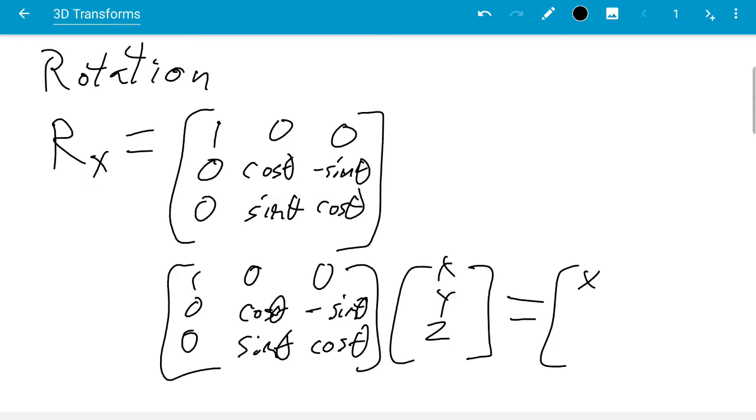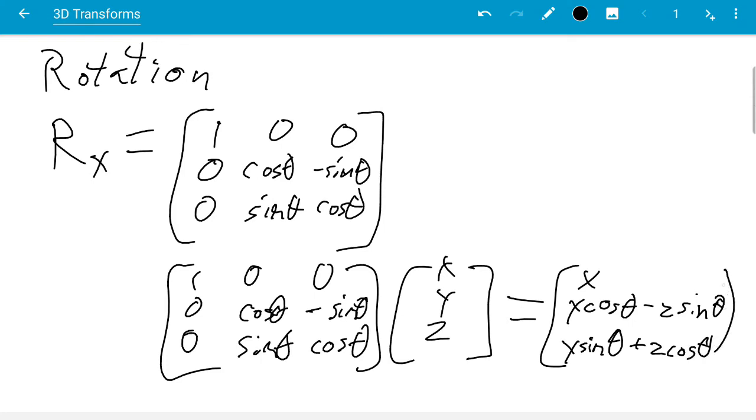We get y times the cosine, and we get z times the negative sine, so plus a negative z times the sine, right? And then for the last row, 0 times the x, and then y times sine plus z cosine. And that looks very similar to what we had for our two-dimensional rotation, except this one is in 3 dimensions about the